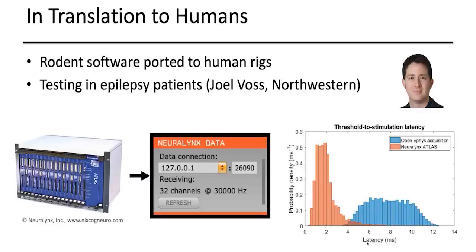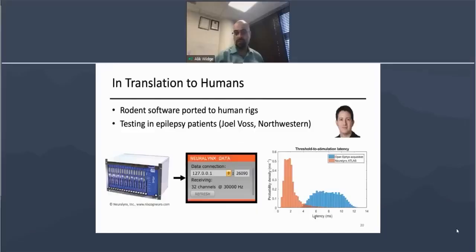I will comment that we are in the process of demonstrating that this works in humans. This is a collaboration with Joel Voss at Northwestern, where one of the nice things about this closed loop pipeline is you change one piece of code and you can run the exact same thing that we run in animals on a human grade rig for those epilepsy patients. And in fact, owing to some differences in how the network communication protocol works, the human system's actually better than